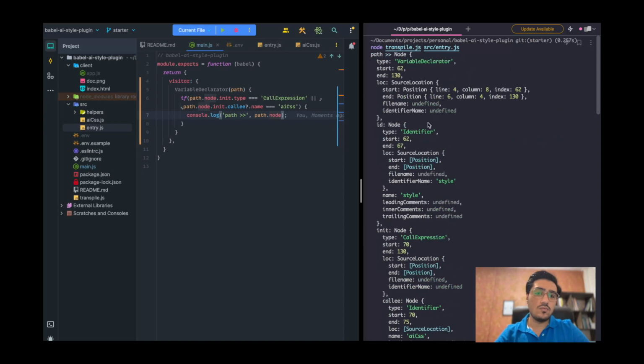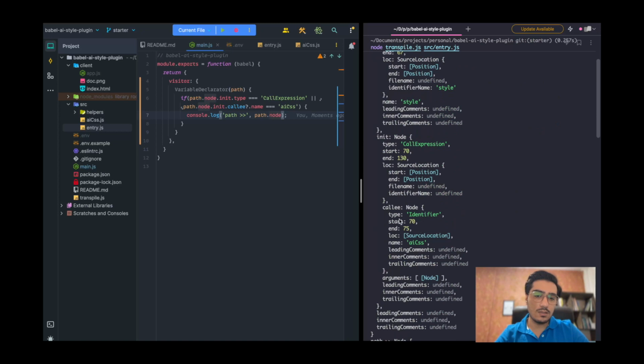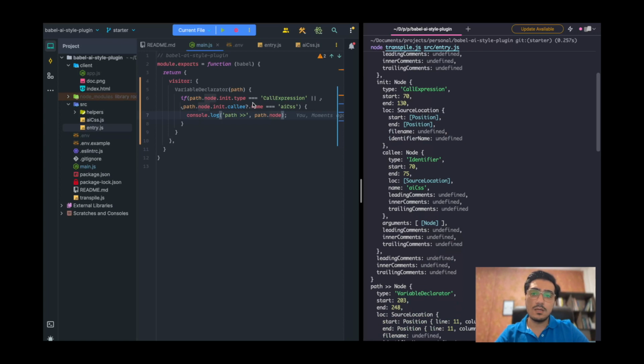We can see a variable declarator that has a call expression, that callee is an identifier with name aiCSS. I'm gonna change these conditions to negate them and return if they are not the variable for